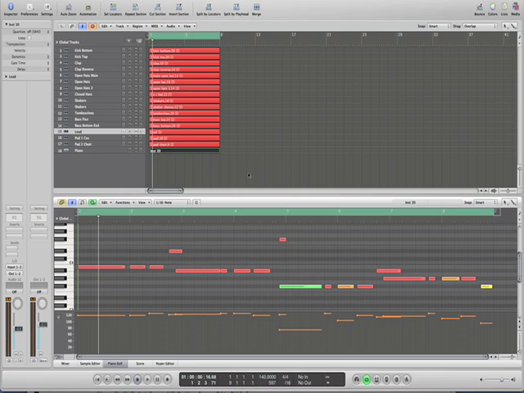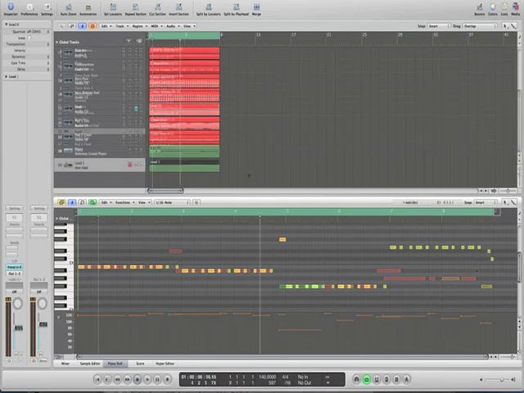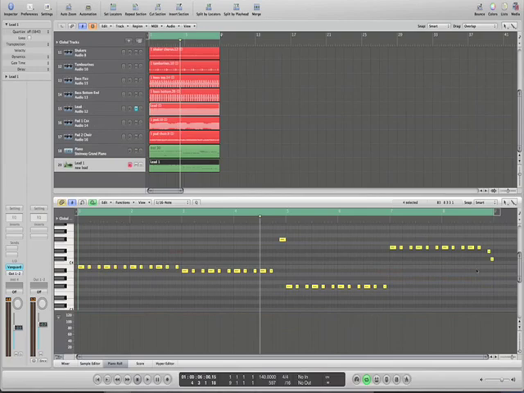Now, we already know that we want a trance saw type lead, so I suppose the first step is actually programming a saw lead that's going to fit with the rest of the instrumentation. Now, as you can see here, we've put the MIDI back in from our original ideas in session 1. It's a good job I actually recorded this because we got rid of it and we just had to go back and stab it all in again. But the first step now is to actually program in a saw lead that's going to fit with the rest of the instrumentation.